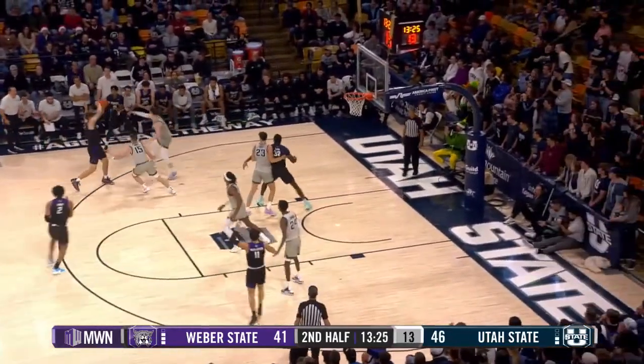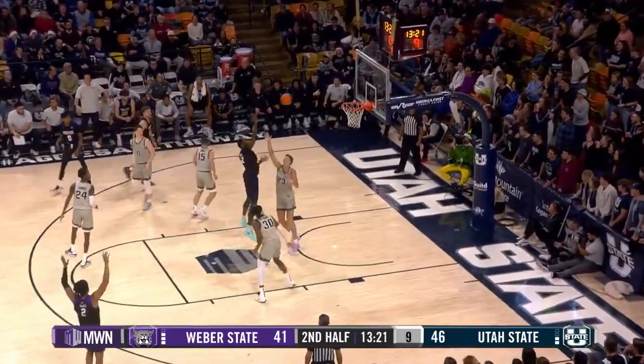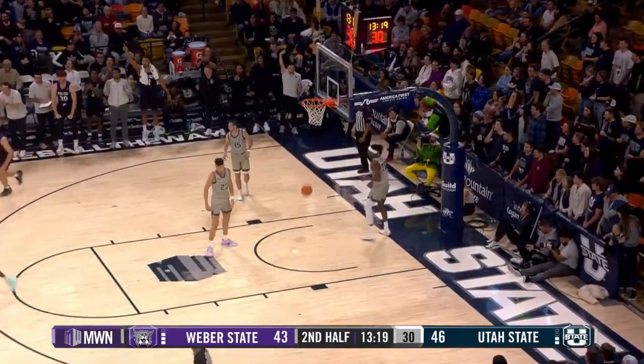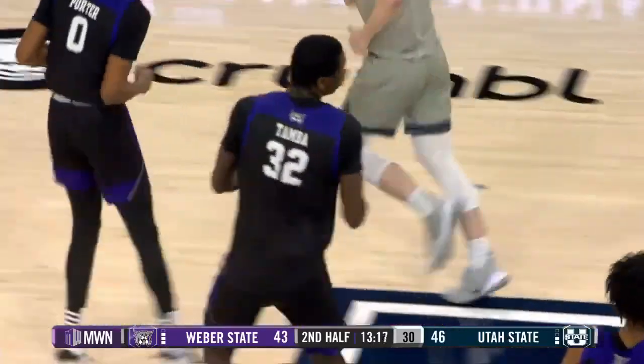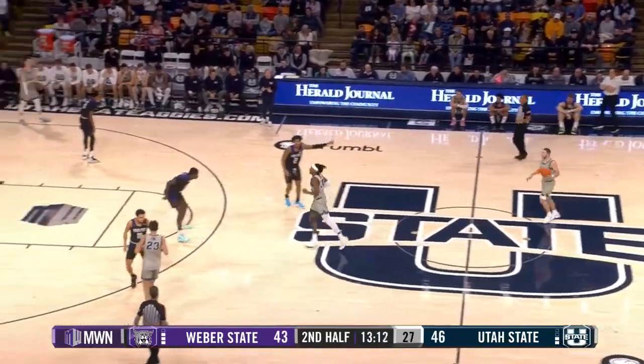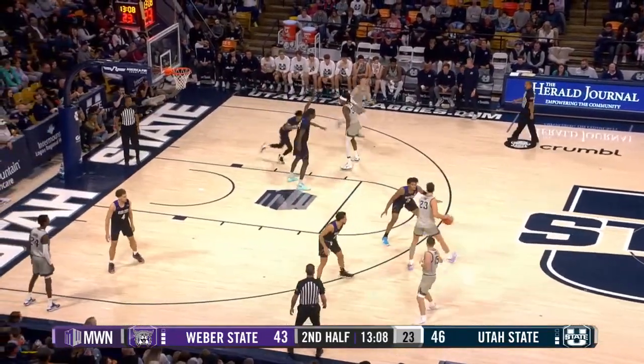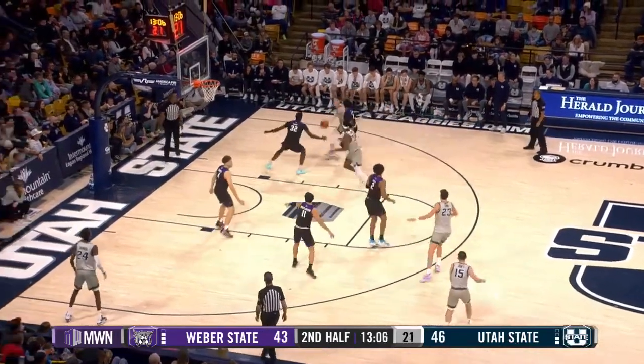Jones, back to Kohler, works it left, down low to Tamba. Tamba puts the floater up over the top of Funk and gets it to go. It's a 3-point game. Aggies have been outscored 14-3 here in the second half. And a once 18-point lead is now down to 3, 46-43, as the Aggie offense has been in nothing short